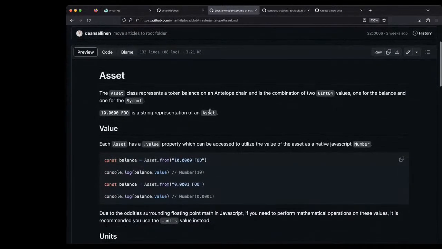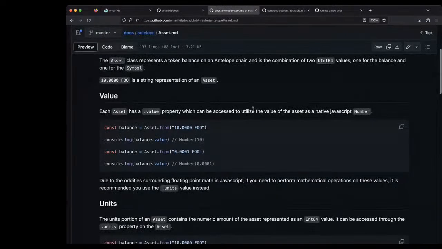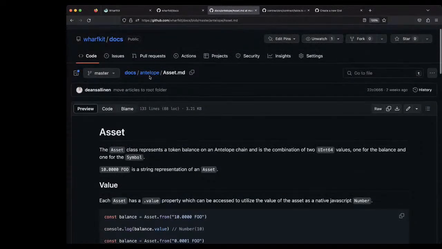These documents are all going to be written in Markdown. The website itself ingests them and then formats them and builds tables of contents and things like that. But really, within the Antelope side, we're trying to build it so that each of the primary core types